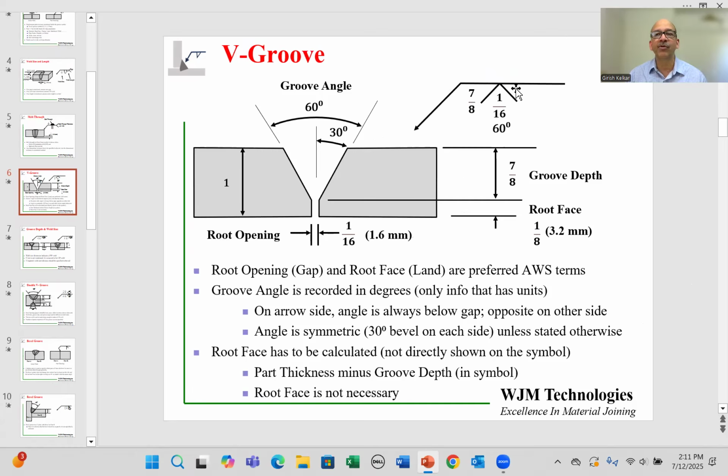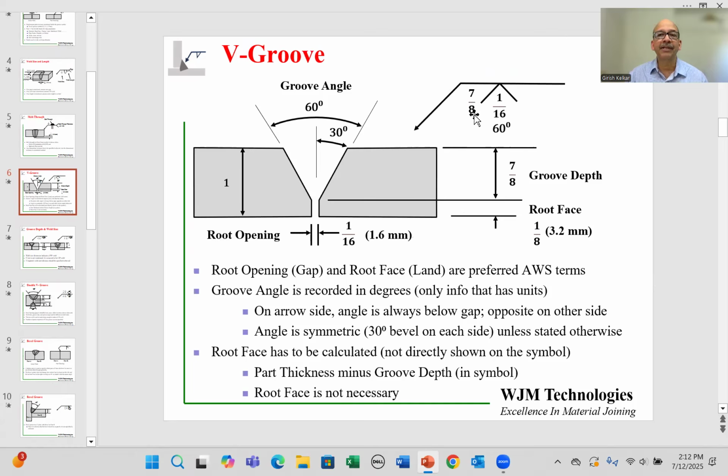The weld symbol for V groove is two lines which are 90 degrees to each other and 45 degrees to the vertical. The first number in there is still the gap. So we are still going to show the gap over here, 1/16th. And just below the gap, we're going to show 60 degrees. The degree angle is the only number for which we actually show units. So it's not radians, it is 60 degrees. And since there is no specific mention, we assume that the 60 degrees is split evenly on both sides. So each side has a 30-degree machined surface, or formed surface in some way.